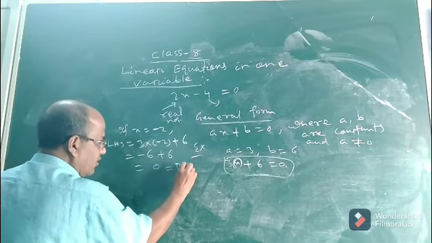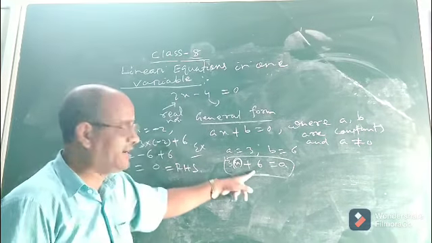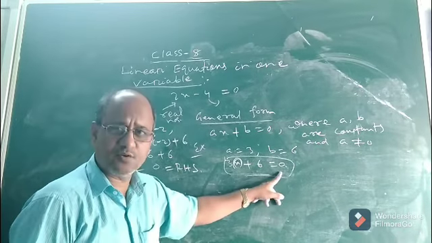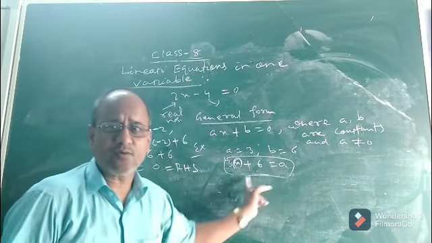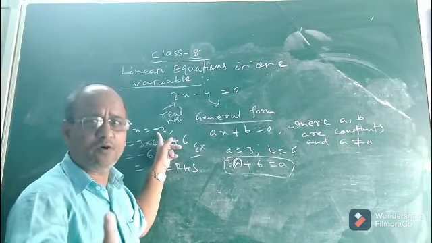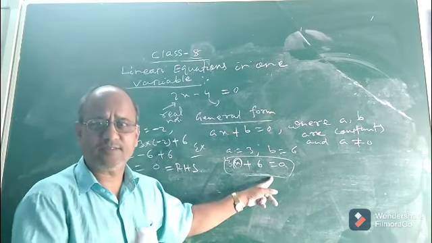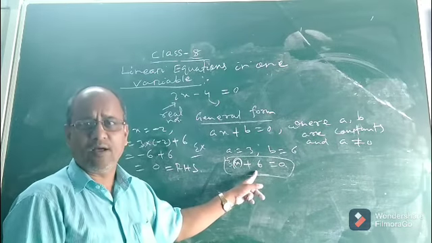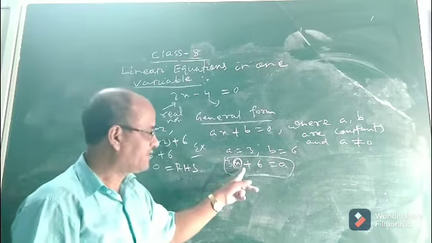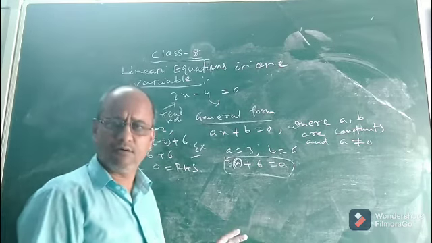See, now we got the RHS. So by taking x equal to minus 2 and putting it in the left hand side, we saw that the value of LHS is equal to RHS, which is 0. That means we can say that the equation is satisfied. Yes, the equation is satisfied for x equal to minus 2. For no other value of x will this equation be satisfied, meaning the value of LHS will be equal to the value of RHS only if x equal to minus 2. And that is why x equal to minus 2 is the only solution or root of this particular linear equation in one variable.